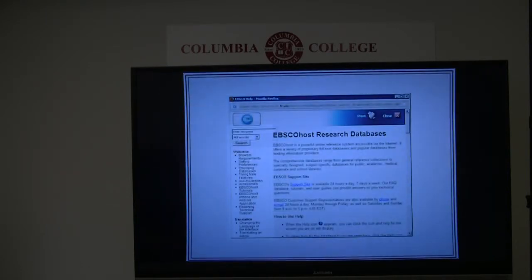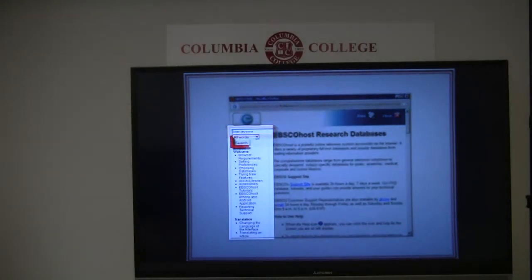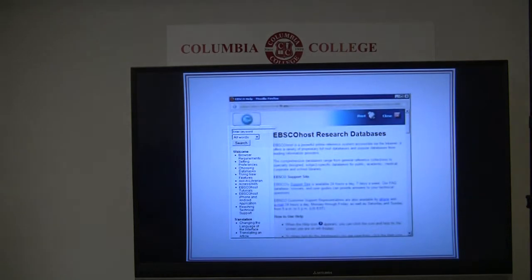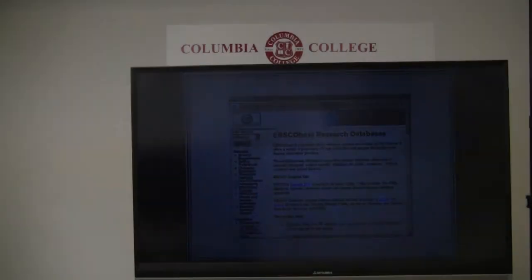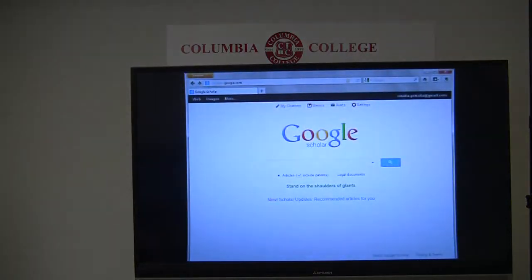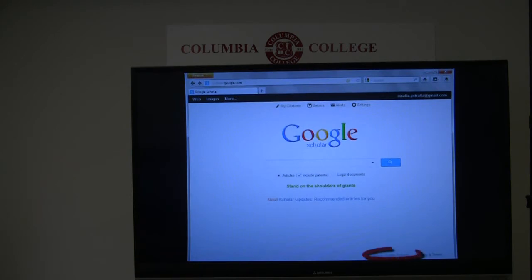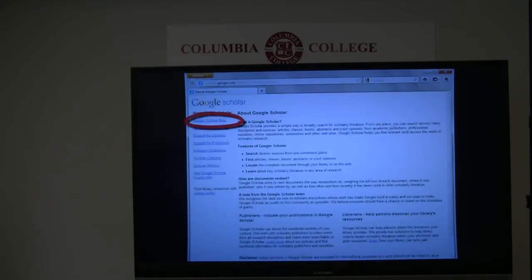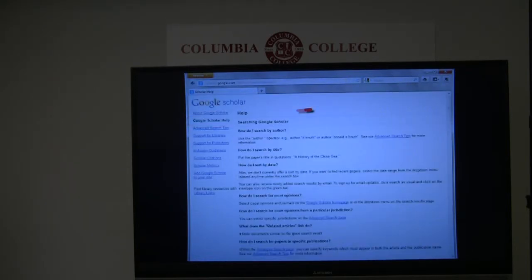This particular help system lets you search or browse a list of topics. Most internet search engines also offer help. Google Scholar's help can be found by clicking About Google Scholar, and then Google Scholar Help. Search strategies are not limited to databases. You can learn how to make your database and internet searches much more powerful just by reading the help.